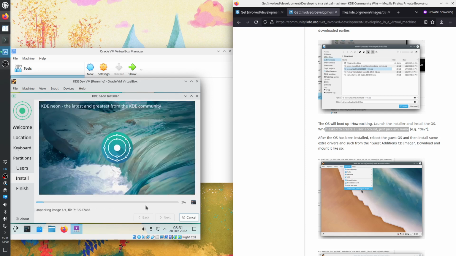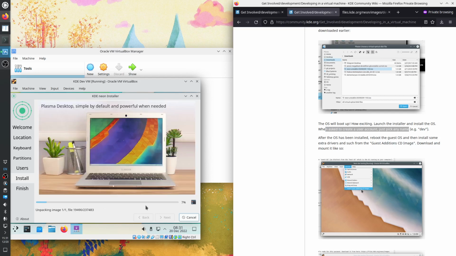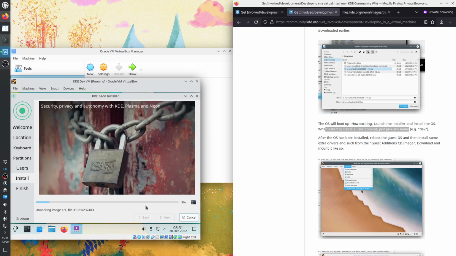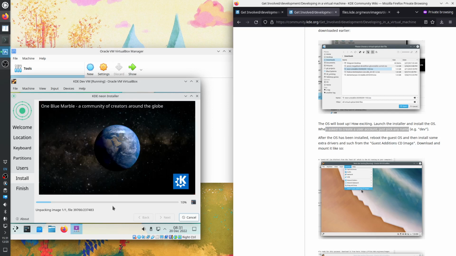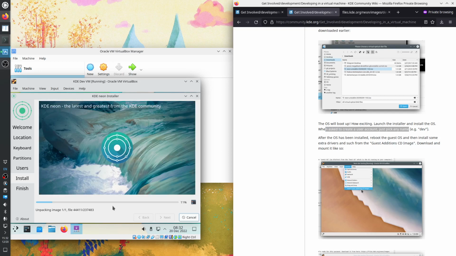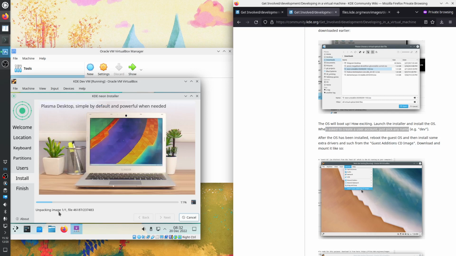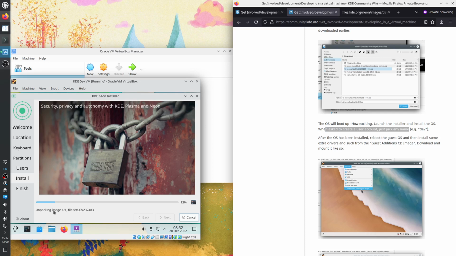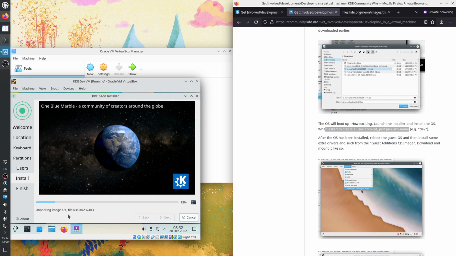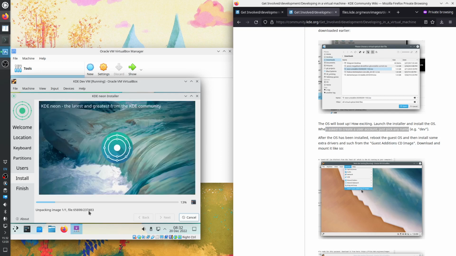Okay, so it created the partitions, two partitions, one for all of the files and one for the swap. It has created the partition table, either BIOS MBR or UEFI GPT. And then it's unpacking an archive file, so a zip file. Once they're done,